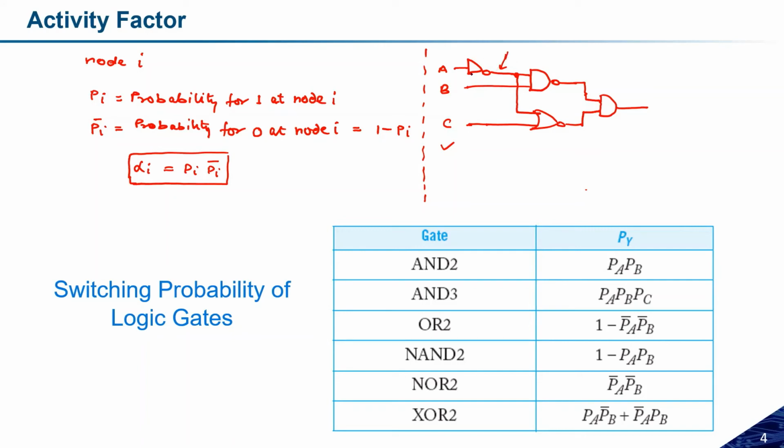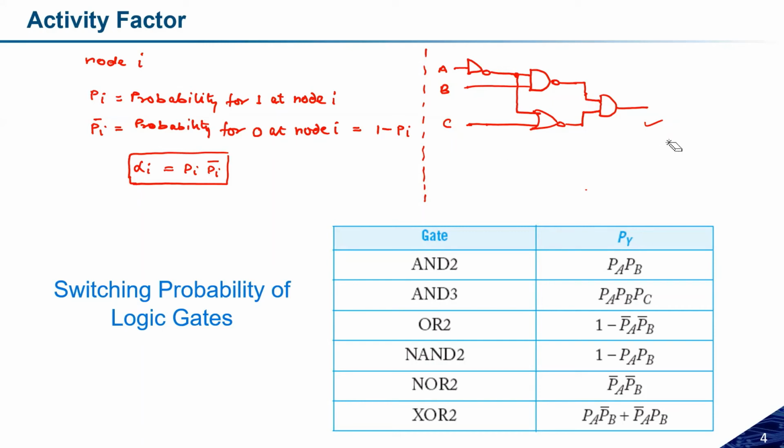Now I have to check whether that circuit is connected to any of the other gates or not. If it is connected, then the output switching probability of that gate will become the input probability of the next gate. Then step by step just solve it, and you will get the switching probability of the final output. Okay, so this is how it could be done.